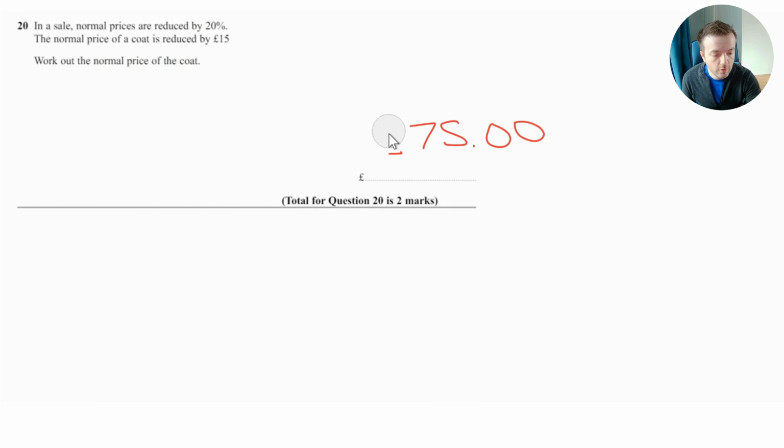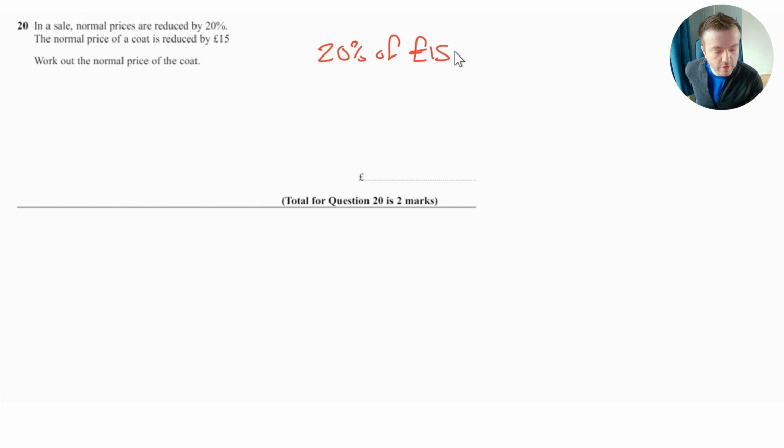Right, okay. I chose this question because I think quite a few people, in the heat of the moment, are probably going to get this question wrong. The classic thing I would say is that a lot of people just go, it's 20%, right? I've got to find 20% of £15. That'd be one thing I'd expect people to do. They might also think this is a reverse percentages question, which it kind of is, but it's not a